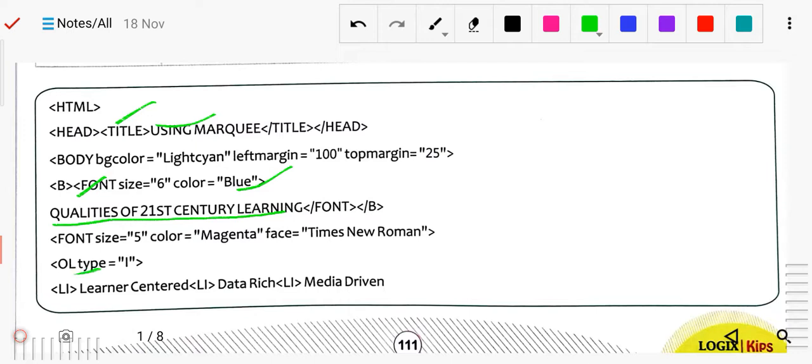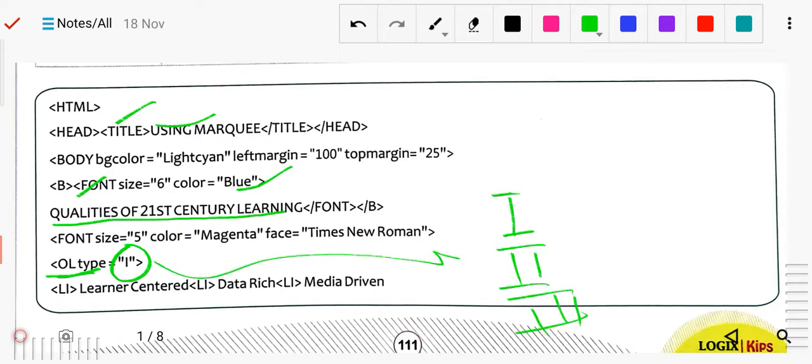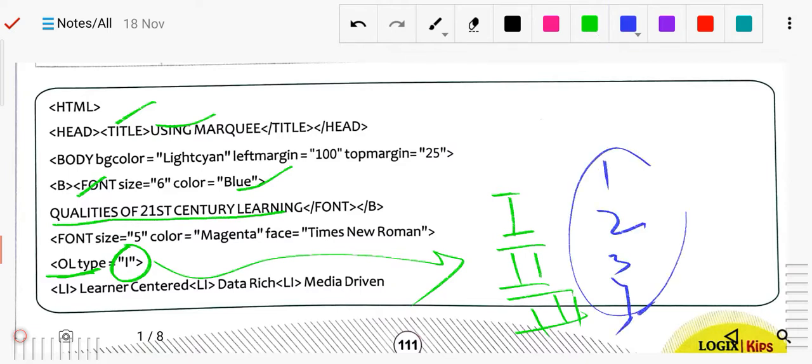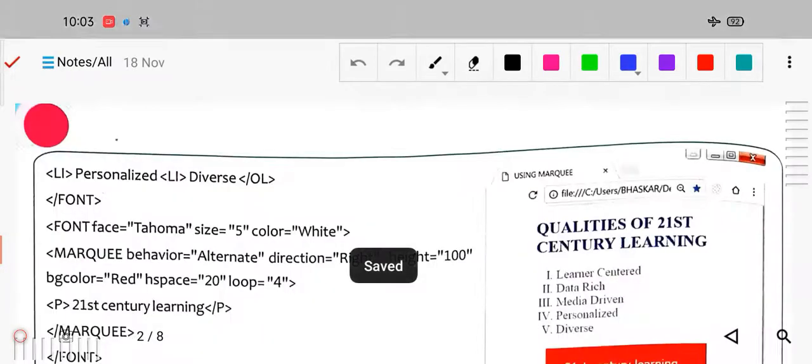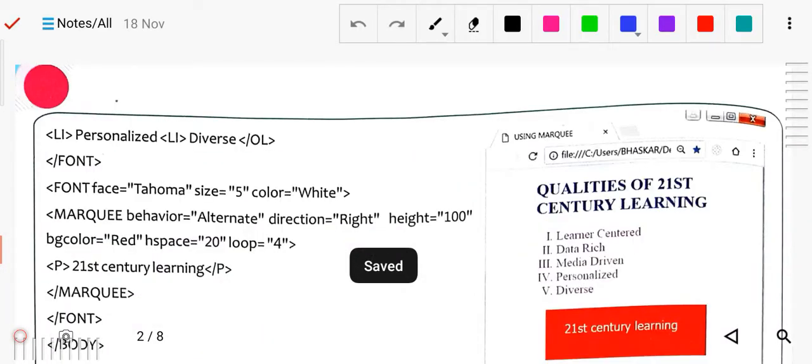Now we have defined this ordered list. Which type of list? Ordered list. And it will be used with the Roman letter, a capital I, which means it will be I II III, and it will be displayed like this because of the attribute we have defined. If we had not defined the attribute, as I told you, it would be written as 1 2 3 4 5 only, but since the type attribute is defined, it will be written like this. Now the lists are there. Okay, so here you just see it. Next, the lists are there, and the font size is over.